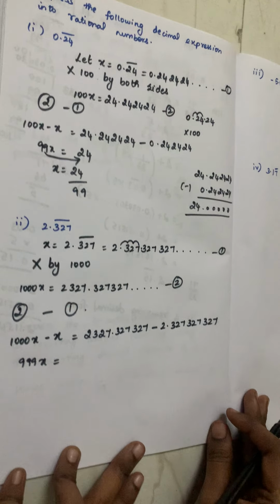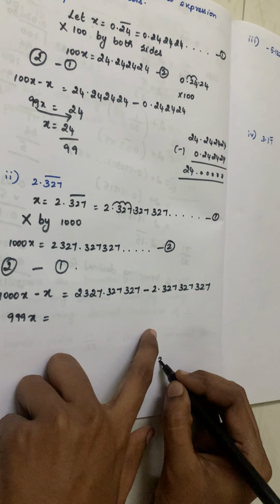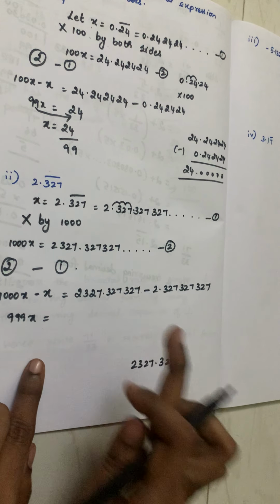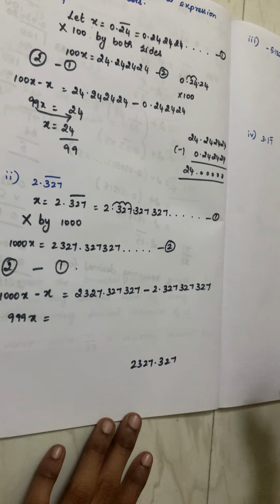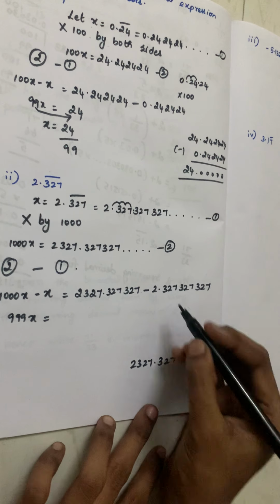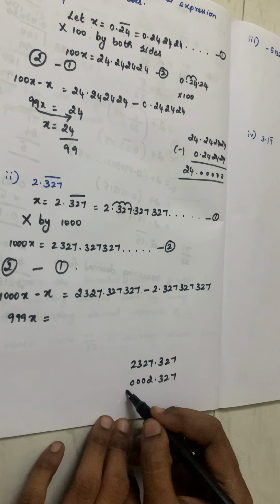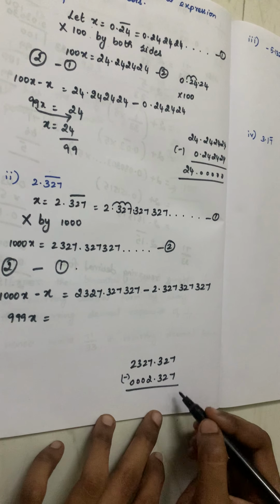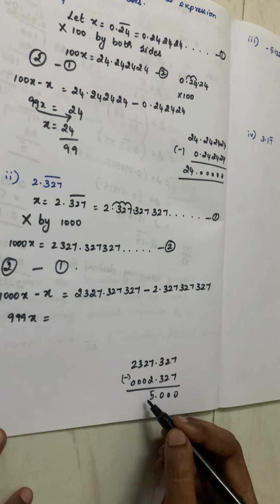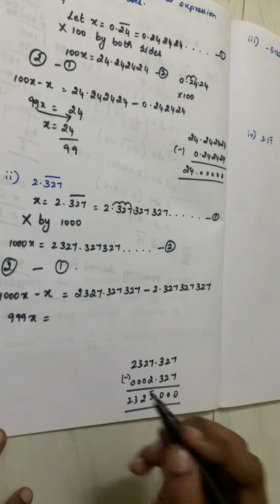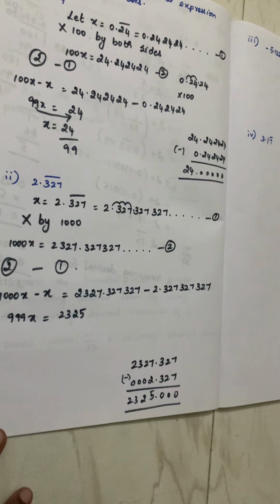How will you subtract? Down here I am doing it, see carefully. 2327.327. After the decimal you take one set of values. Write this 327 only one time, because these are bigger numbers and you will get confused. That is why I am saying. Next is here 2.327. Here in the blank space you can add 0. So it's the same, subtract: 7 minus 7 is 0, 0, 0. Point, 7 minus 2 is 5. Again 2 3 2, so 2 3 2 5. Okay, it will be the balance.